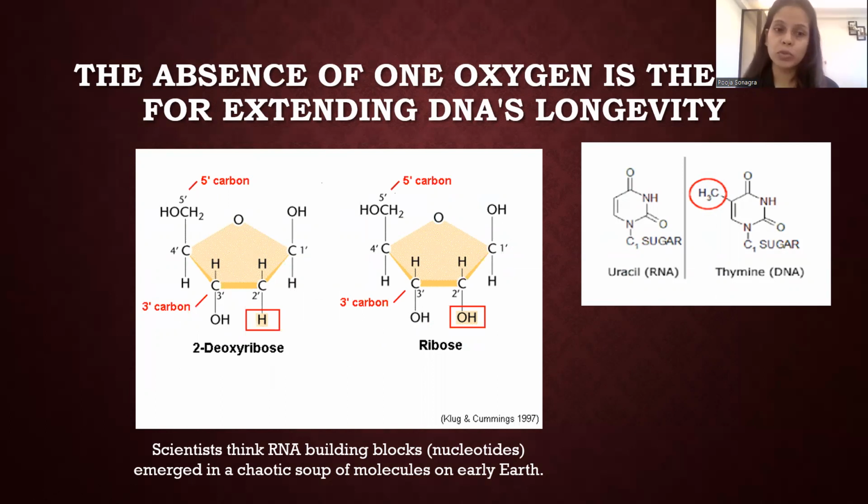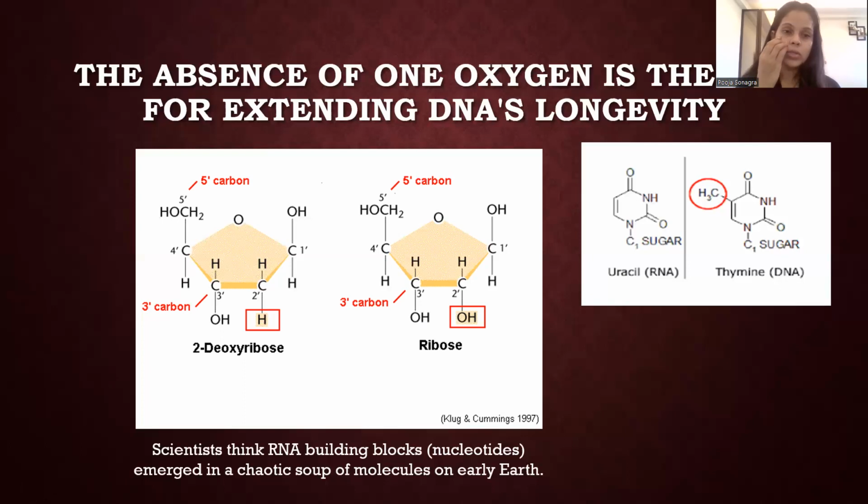But this ribose sugar has one less oxygen at the second position, that is here. So we can see that the 2' of this sugar does not have a hydroxyl group here. So we call it a 2-deoxyribose sugar, and so we call DNA